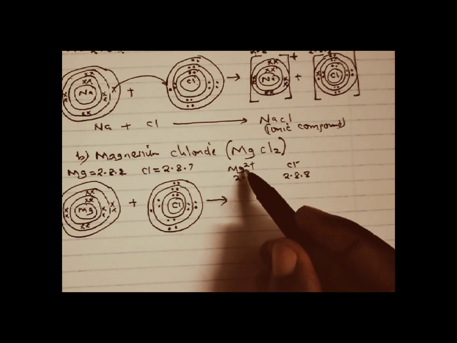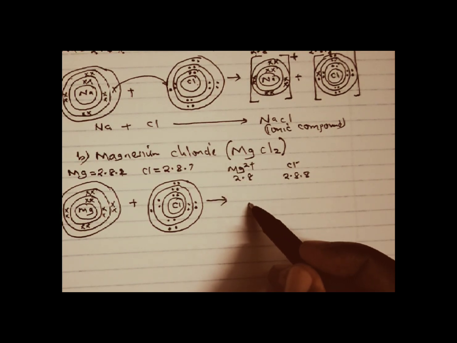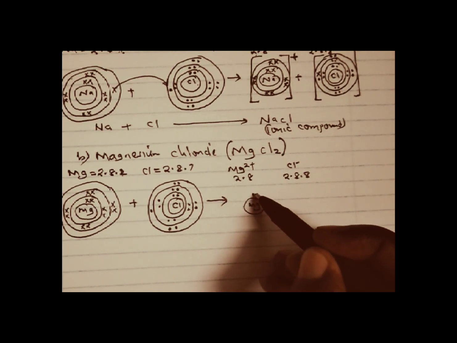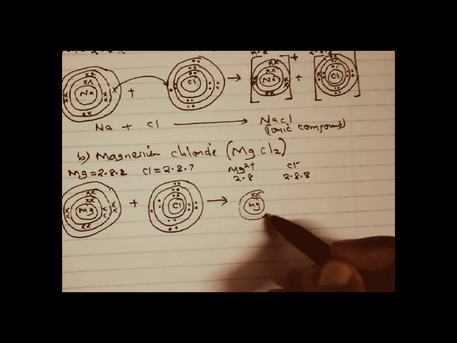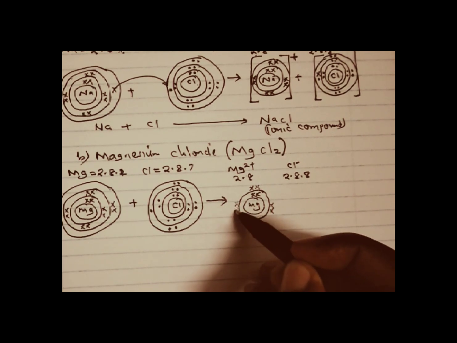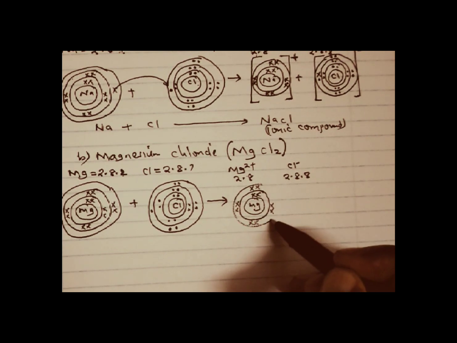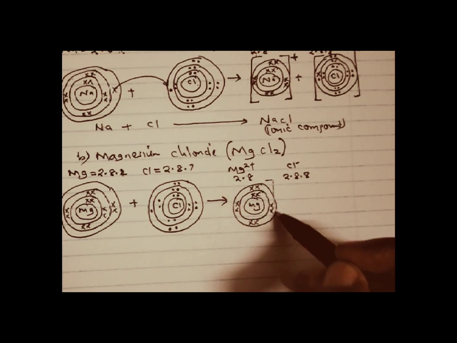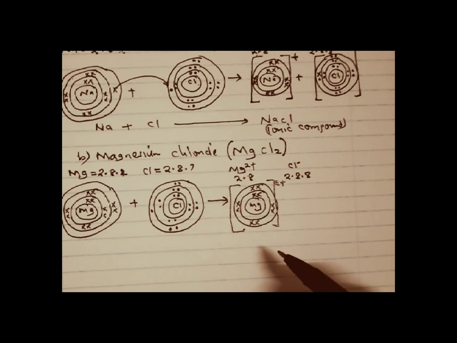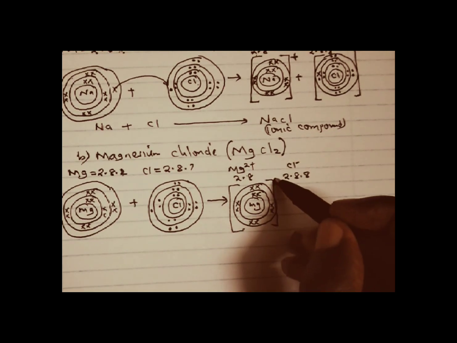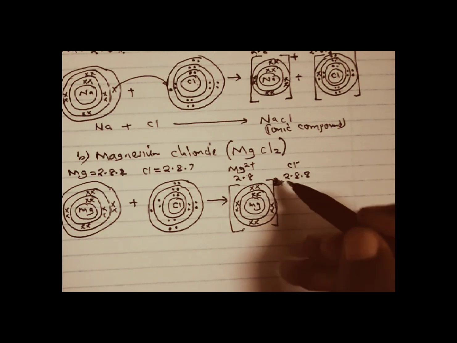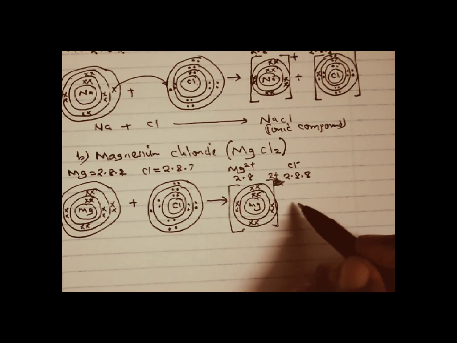Let us represent magnesium ion. We are going to have the first energy level having 2 electrons. Then the second one has 8 after losing 2 electrons. Since this is an ion, we are going to put it under square brackets. Then we indicate the number of electrons it has lost by writing 2 positive on the upper right hand side. This is 2 positive. It is combining with chlorine,